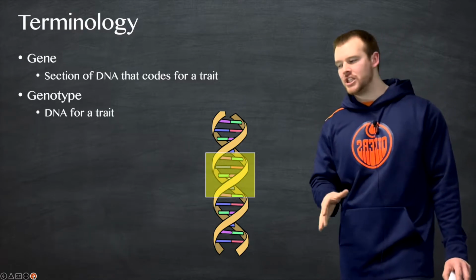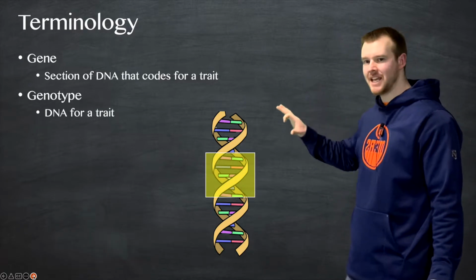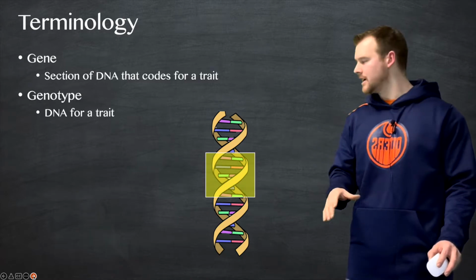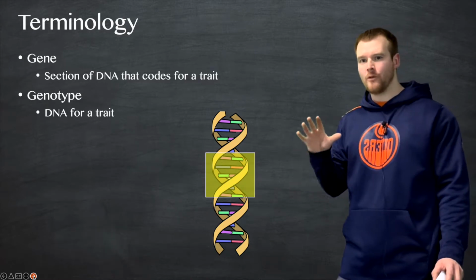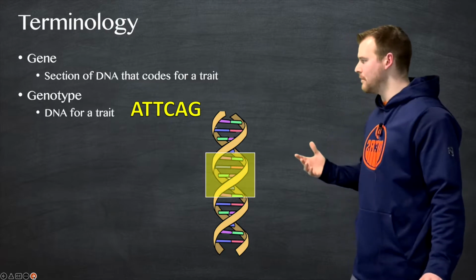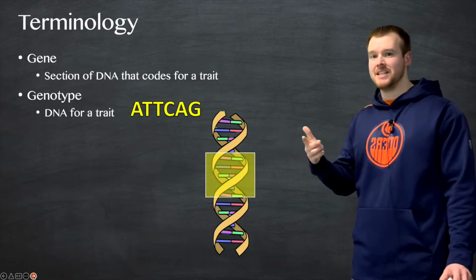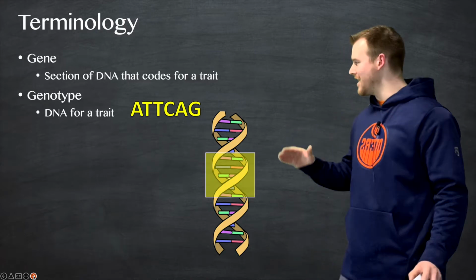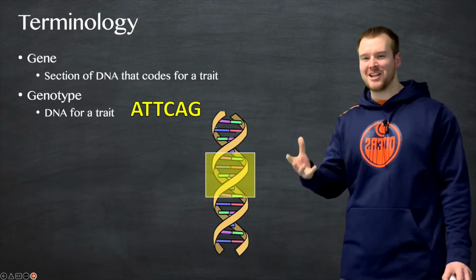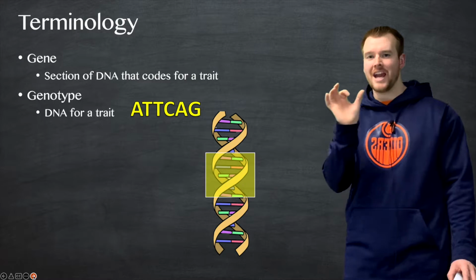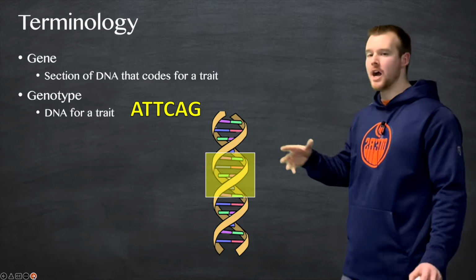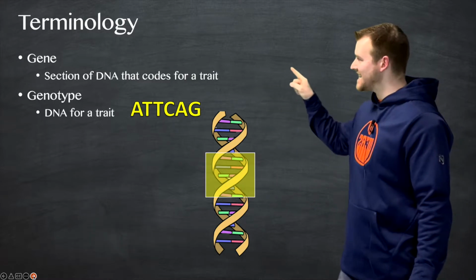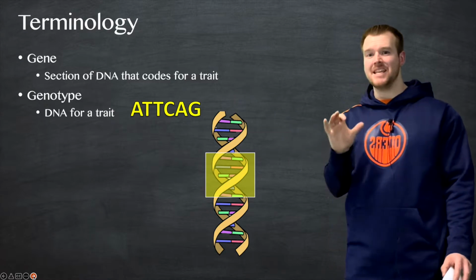First way is called a genotype, which is the actual DNA for that trait. So it's the code for making that thing. So for example, this could be ATTCAG. I don't know what that would actually be, but it's just an example of a section of DNA of nitrogen bases that codes for a trait. Maybe that codes for blue eyes. Okay, that section of DNA is the genotype,